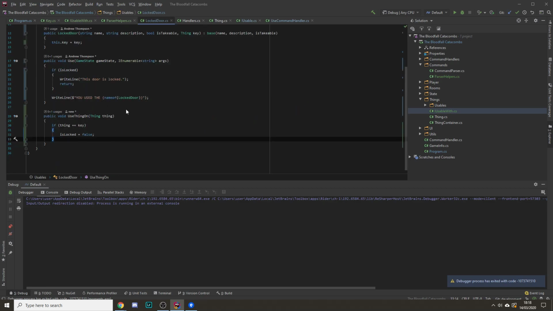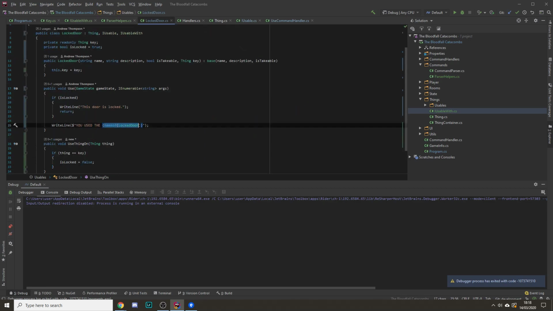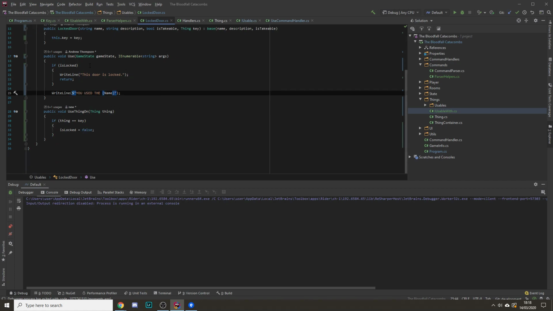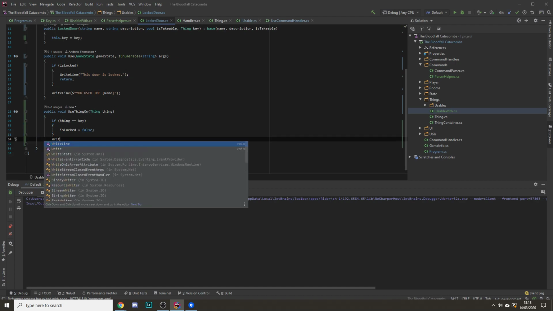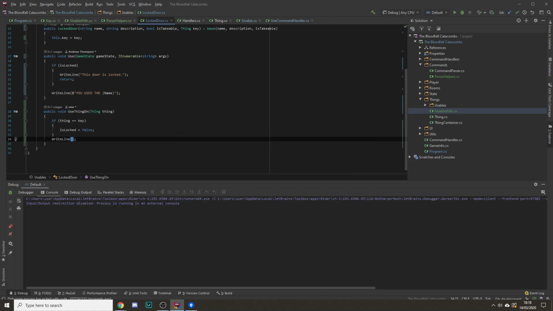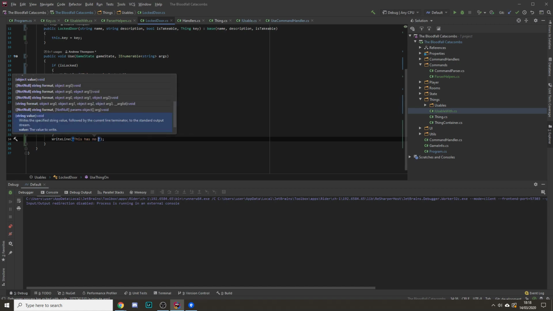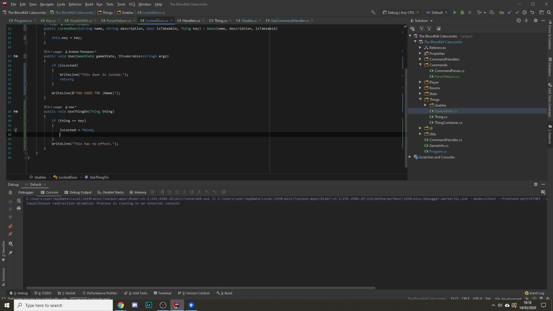So the locked door should actually just display the name here rather than... okay. So if it isn't the key, we'll say it says no notable split, but if it is the key,